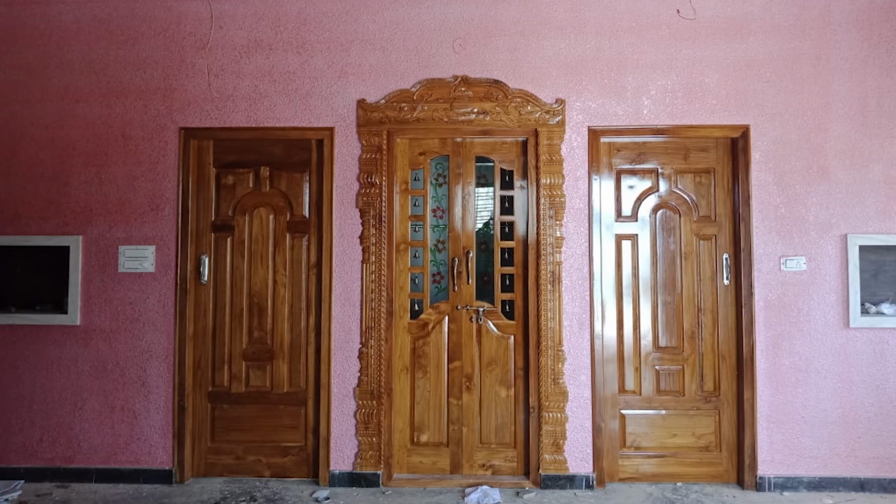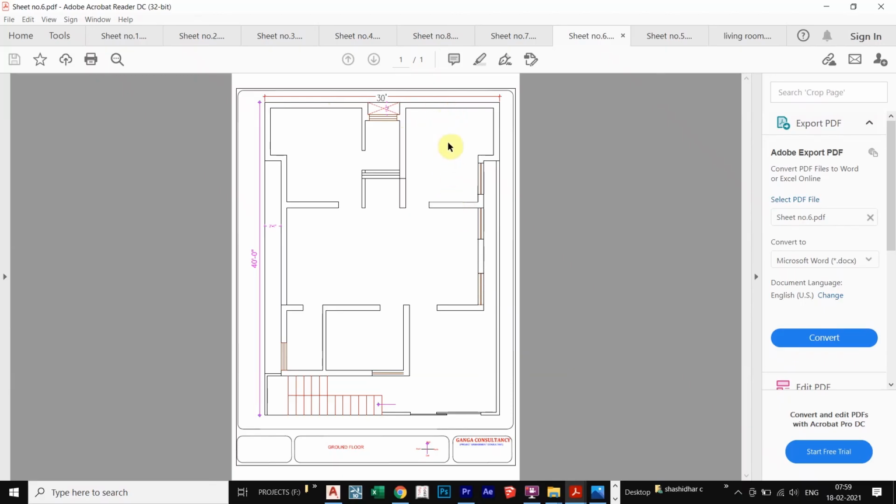And I extended a little for a wardrobe. Here also I extended for a wardrobe, and here I took it till the end of the edge of the site at the back side, because my requirements have to be met. And for the 2 bedrooms I have taken it completely. This is the basic plan.